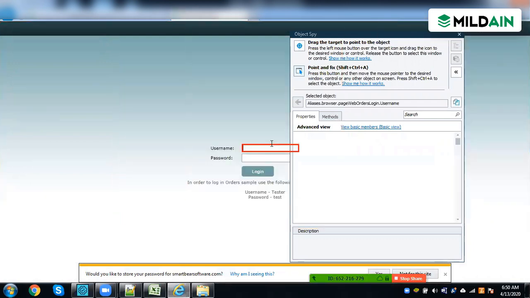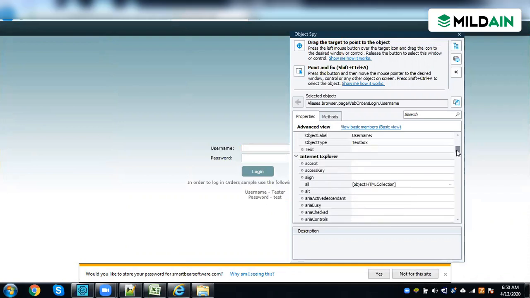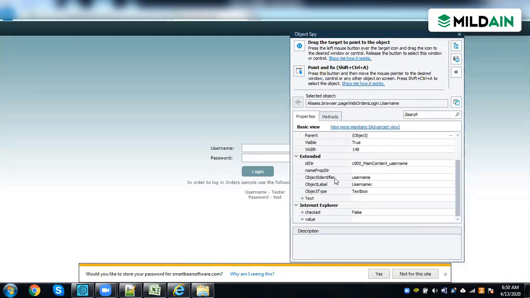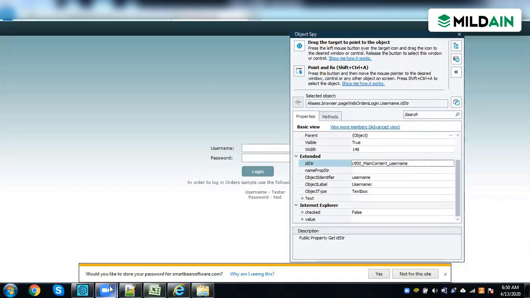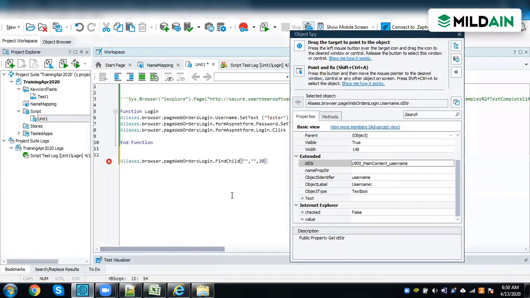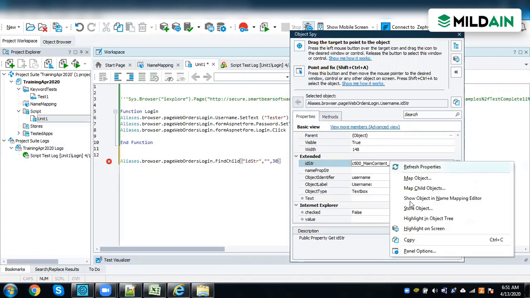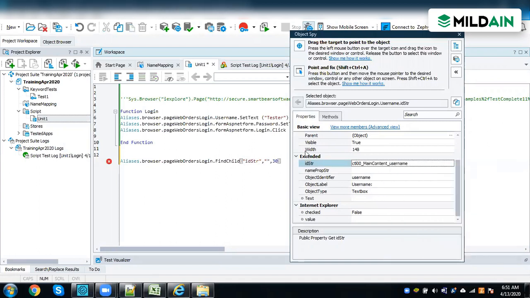For the username, I will use the property IDStr. I'm going to copy paste the value here. Actually, this happens automatically in name mapping.